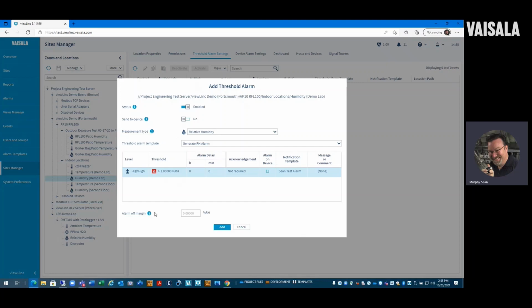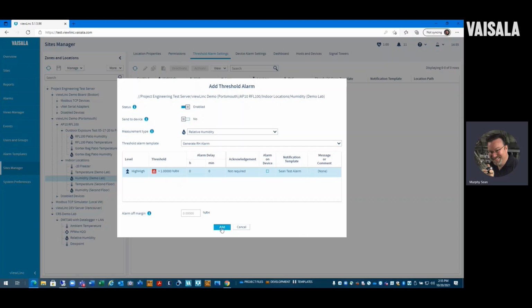Another word for this is deadband, which is stop flashing of alarms. ViewLink scans every minute, so it's not a big deal. It's just a feature in here if you want to suppress the alarm turning on and off when it's right at the edge. So this is set up with that alarm template that has the text, voice, and email.